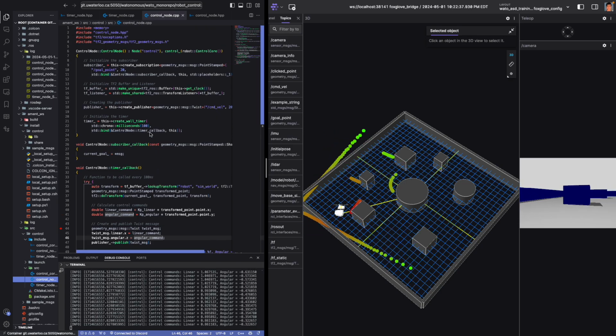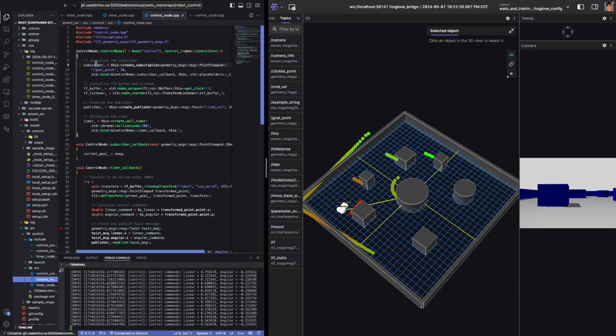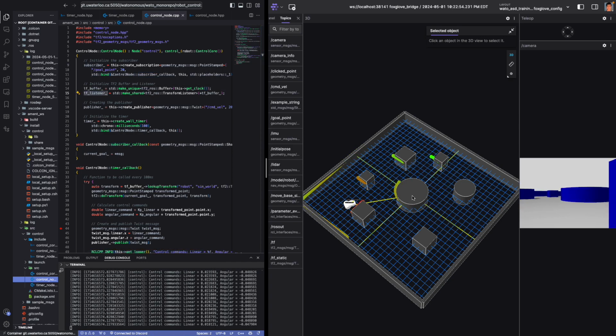The way it kind of works is we have a subscriber. The subscriber gets all of the current information about the current position of the robot. We have a transformer buffer and a transformer listener. So what the transformer does is it sees the global frame of reference and the local frame of reference of the robot, and it gives us the mathematical disparity between them so that we're able to